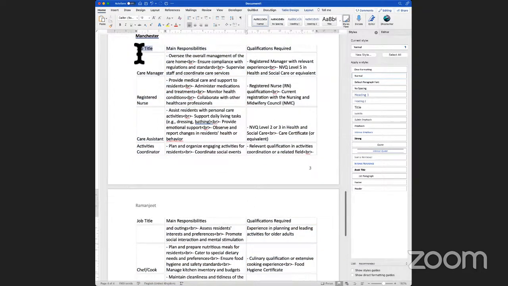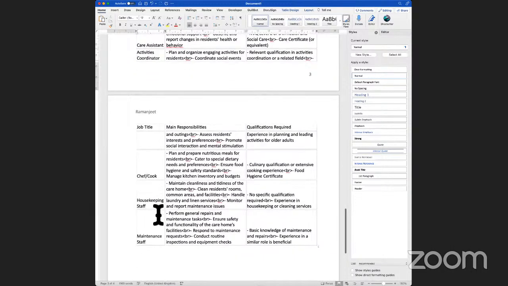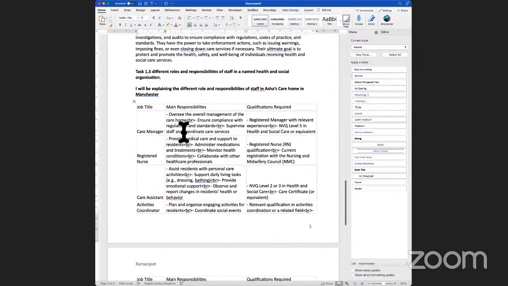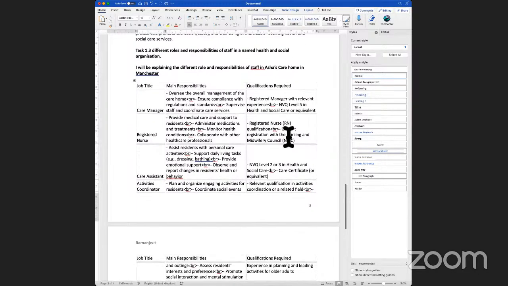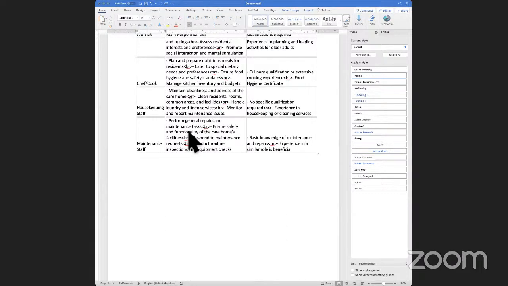So I have covered the job title: care manager, registered nurse, care assistant, activities coordinator, chef and cook, housekeeping staff, maintenance staff. What are the main roles and responsibilities? I put it here. What are the qualifications required to work within this role? That has been mentioned here. And this has helped me complete task 1.3. Now, for the next task, if I go into the assignment brief, I will need to show, if I switch over to the presentation again,